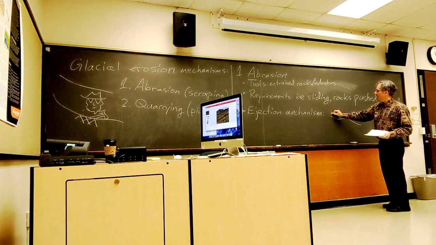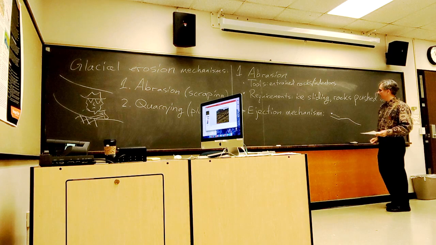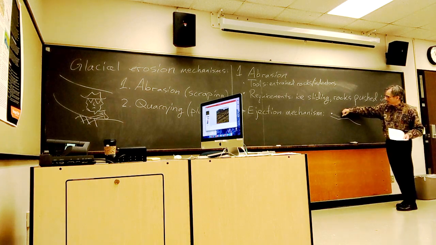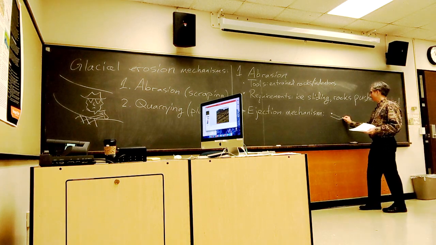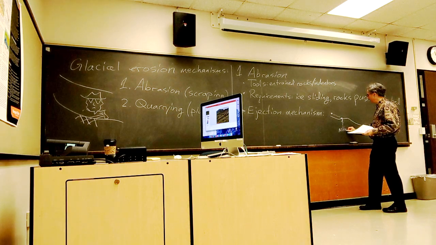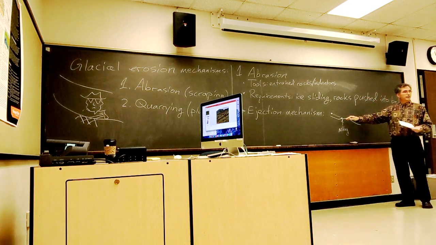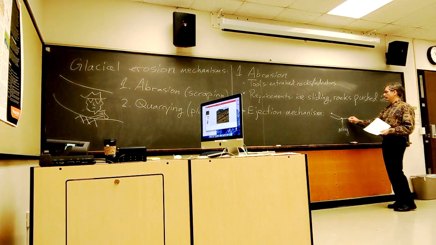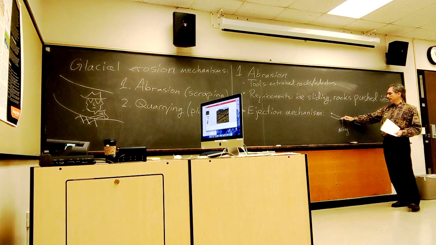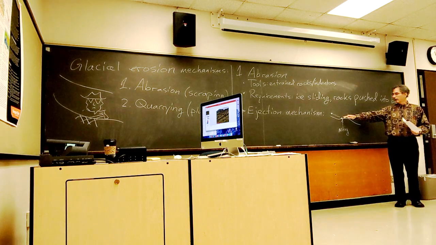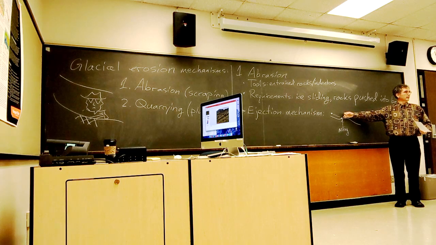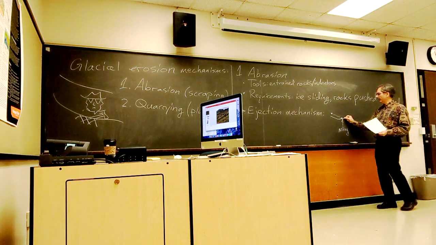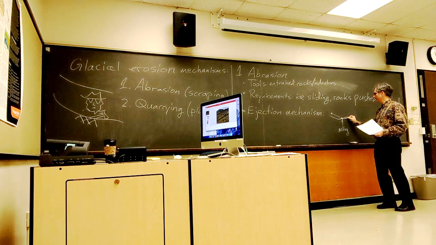I might have, let's say, a rock moving along within the ice like that, but at this point I get melting on the upstream side, the up-ice side of the bump. And so, at least for a while, that rock is now ejected from the ice because it melted the ice out from it. And so now it's going to get dragged over the bump,